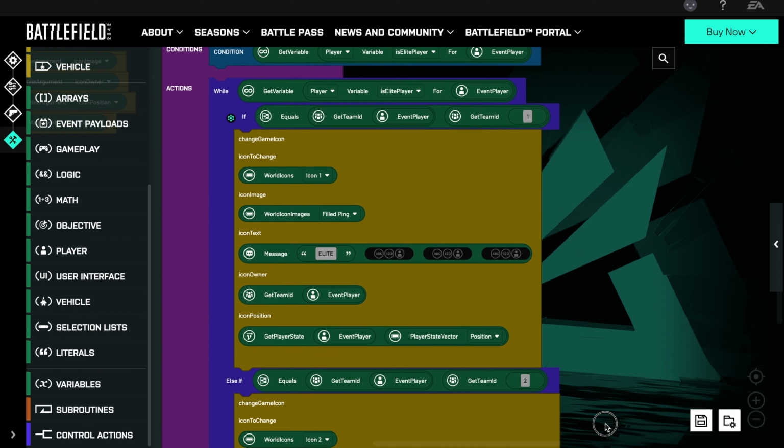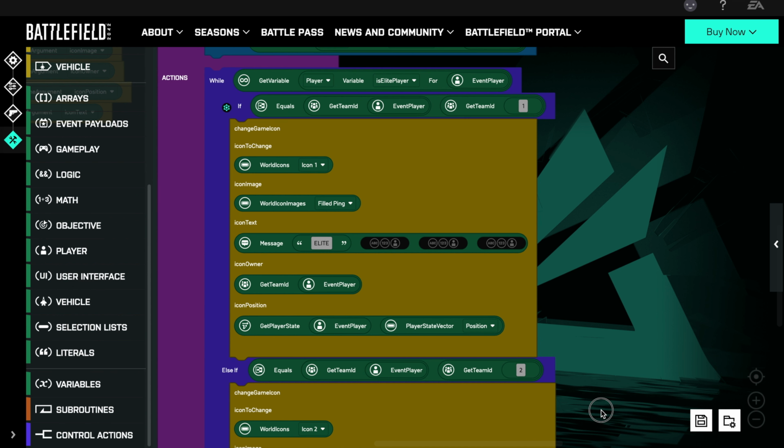We probably would want to enable the icon before this, but like I say, this video has been going on for quite some time and I just wanted to get an example out there of how this might, in the long run, simplify some of these things. But ultimately, the use of subroutines is really just a matter of choice. For you as the experience creator, the game mode designer, this is really at the extreme end of difficulty in terms of setting up game modes and understanding where things are. I don't expect the vast majority of people to go through this whole process,